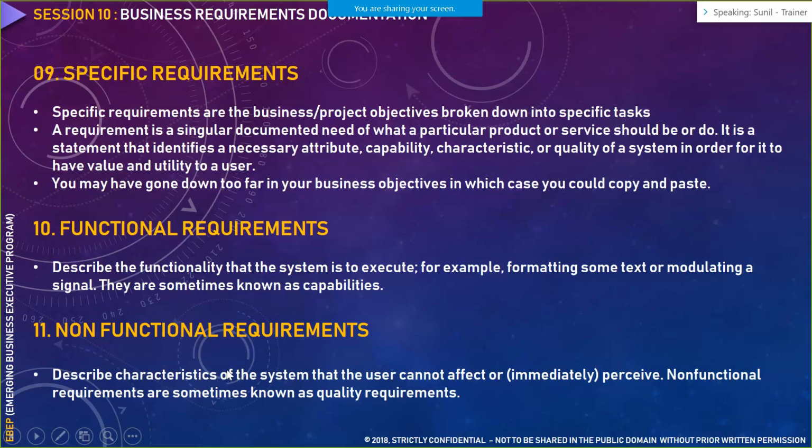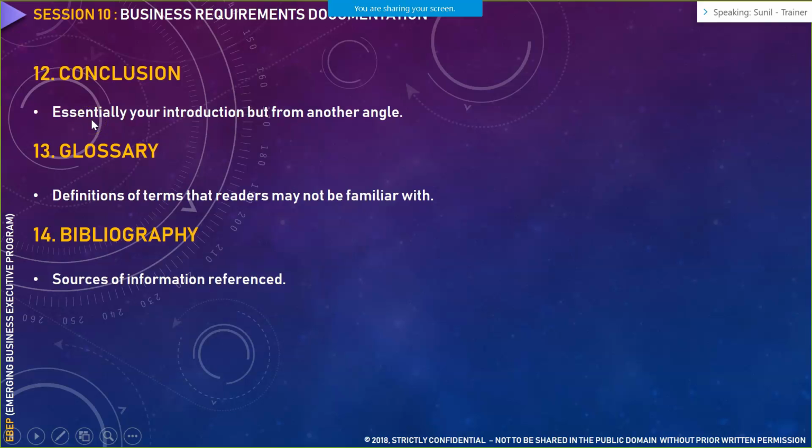Functional requirements, as we already know, are the actual needs of the project from a business standpoint and need to be included there. Non-functional requirements are the technical requirements that would be part of your project. You need to highlight those requirements in the business requirement document at a very high level, not a detailed one. Then you have to write the conclusion of your thoughts around the business needs or the business objective.